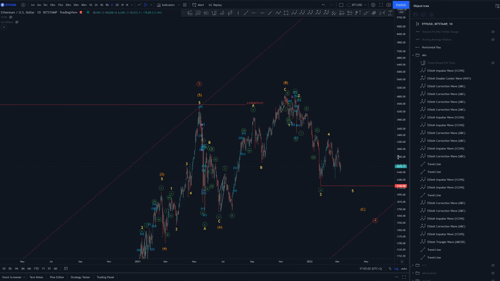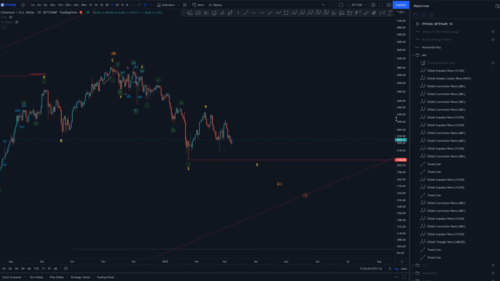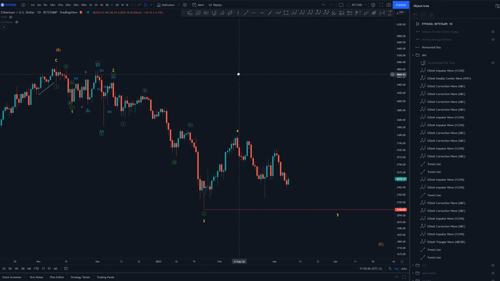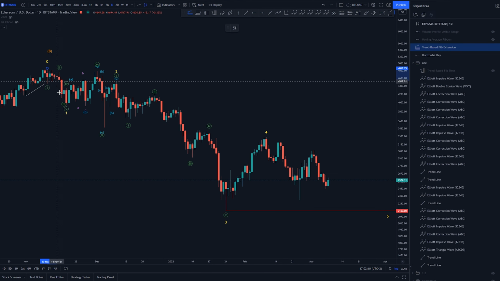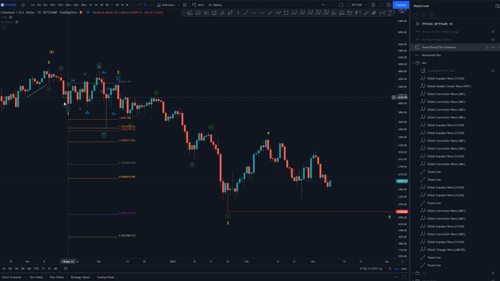Let me zoom in a bit to get those measurements a bit more clear. So extension, I marked this as 1 and here marked 2. This correction down here is really messy. I tried to place the wave 2 here, but then this wave here